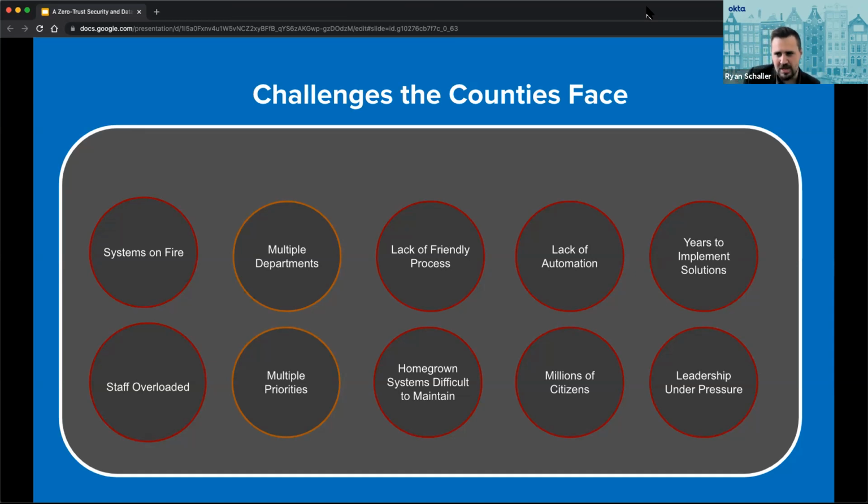And what this all comes down to is your leadership is under pressure. The county officials, the people who are making the decisions, are getting a lot of scrutiny because there's just this overwhelming feedback. If anything, I don't think I would describe the internet as unkind at most times. So when something is not working well, you'll hear about it, either publicly, or they start posting, or you'll get the pressure. And unfortunately, a lot of the time individuals get fired because they're caught off guard with this huge demand that they weren't prepared for.